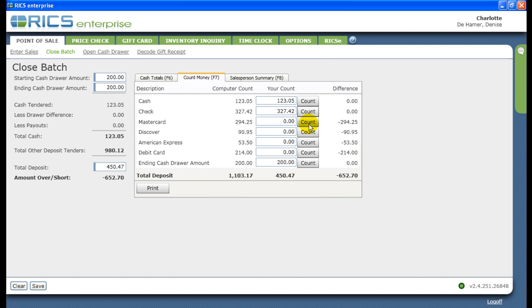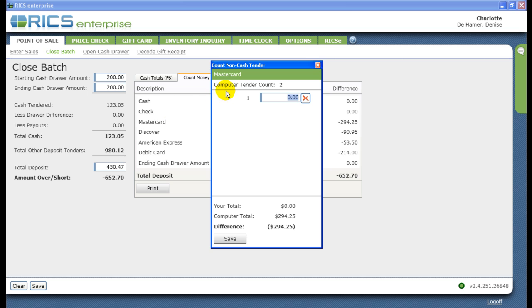Then I can go to the MasterCard and click on Count. It shows me how many the computer says I'm supposed to have in MasterCard Visa. I'm supposed to have 2 of them. In a lot of cases, you have a lot of credit card slips, so you don't want to type in every single one because it's going to be a long list. So it's up to you whether you want to type each one in or whether you want to put a